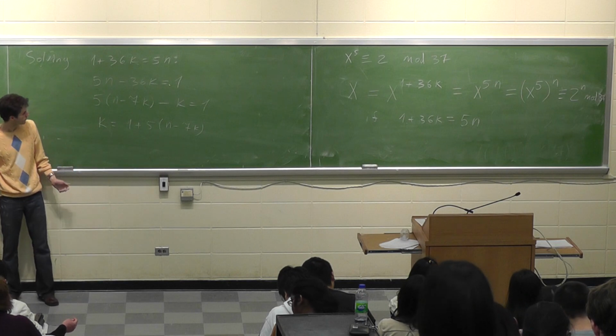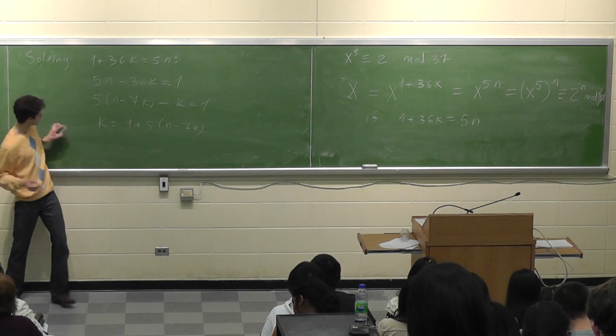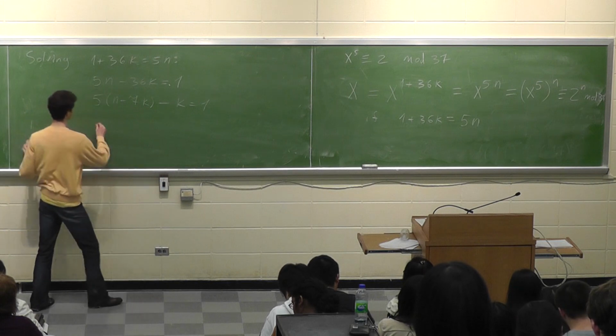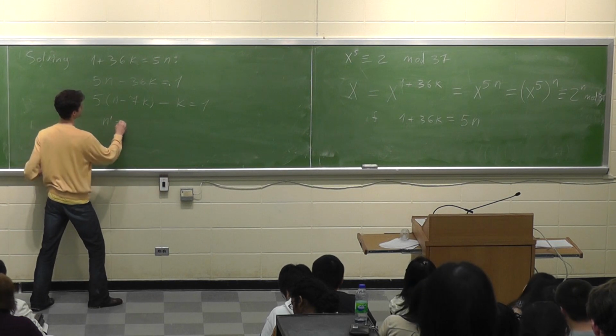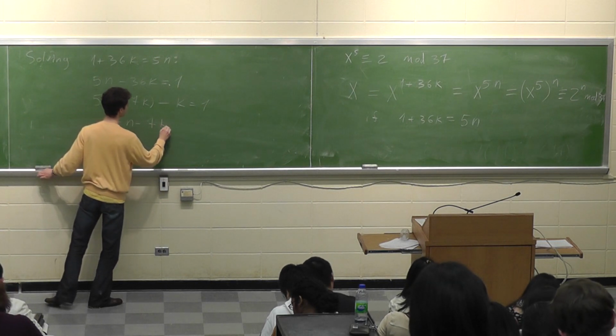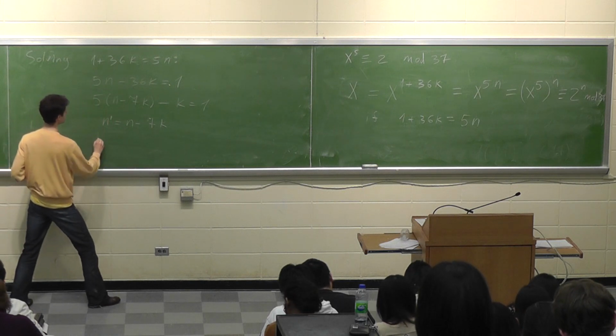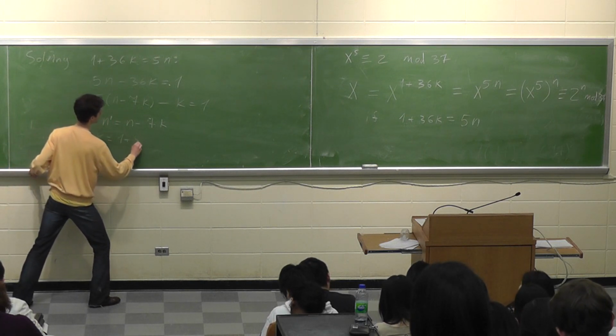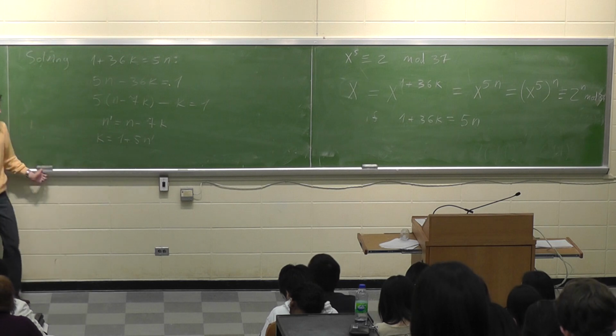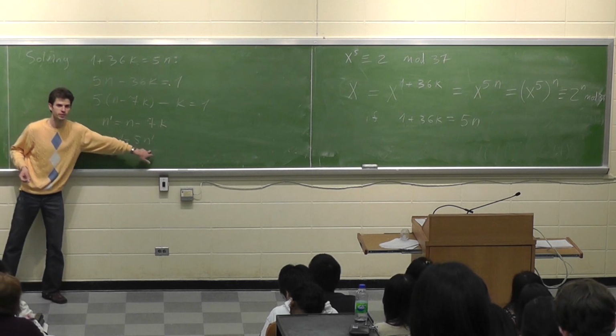Let me do it properly. I'll introduce a new variable n prime, which is n minus 7k. And then this equation is basically just k is 1 plus 5n prime. Given any number n prime, I can find